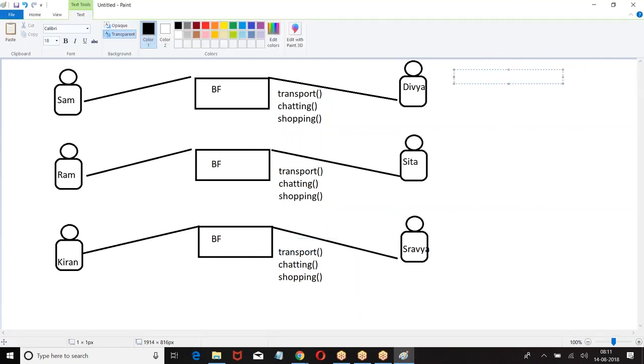So, interface. An interface is a collection of services. Services means it is nothing but methods.